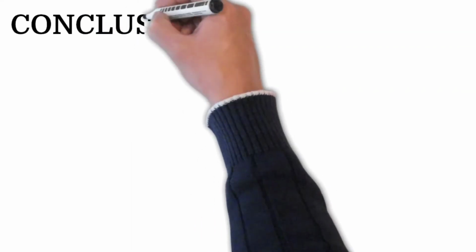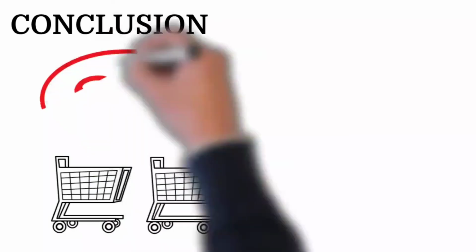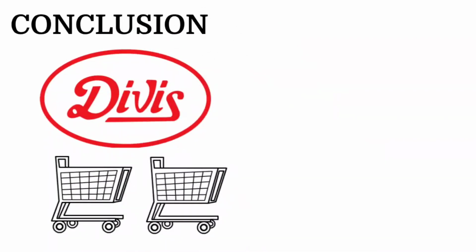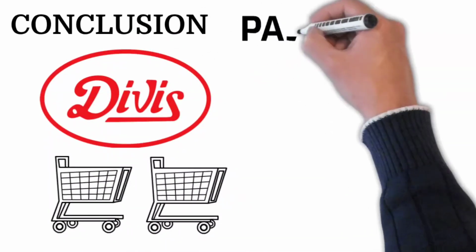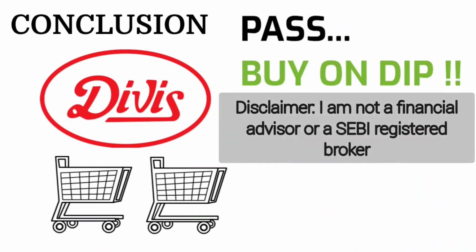Okay, so finally in conclusion, should we buy Divi's Lab in our portfolio for long-term investment? And my answer is yes, we should buy this stock, but on dips. So I have a few comments here. Buy this stock at the 30-day moving average price. Second comment is if you look at 2020 onwards, they cleared that debt. If you look at the Piotroski score, it's 6. The CAGR is also great. So when we look at all these factors, it's definitely a pass. So you should buy this stock on dips.